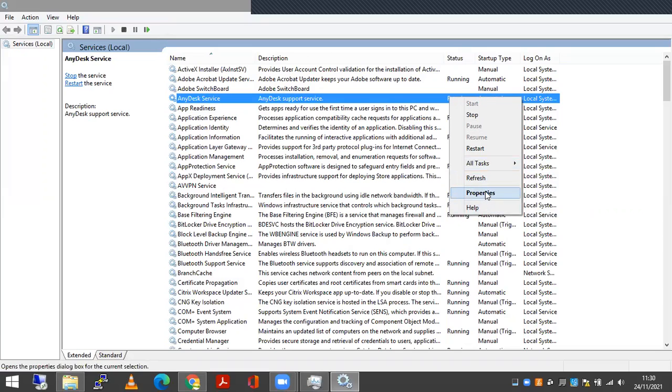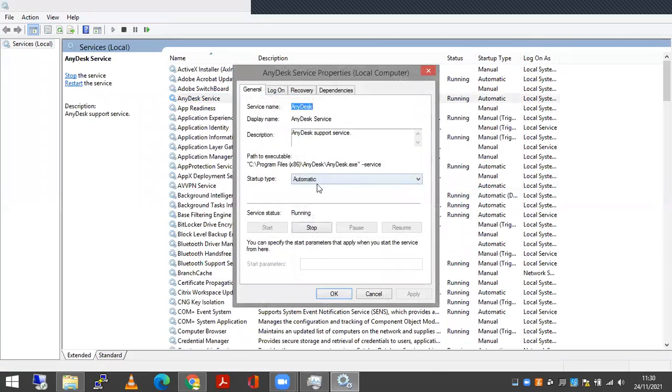To check the properties of that application, you can see whether the startup is automatic or manual. I can make it manual from here as well. If I want to stop this application, I can do that from this Stop button, and I have to click Apply to apply the settings I have just changed.